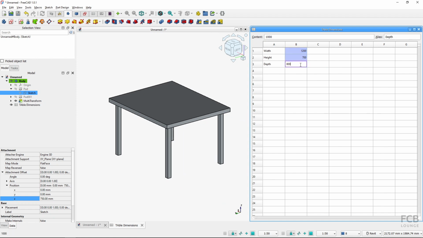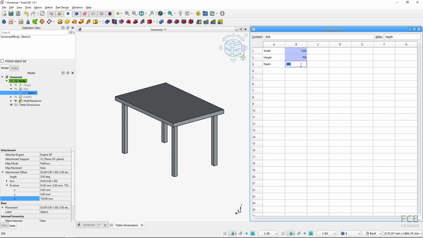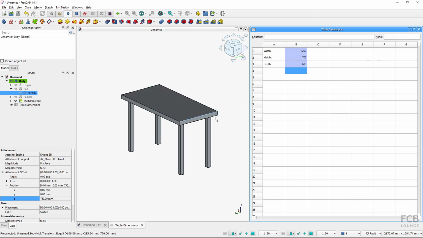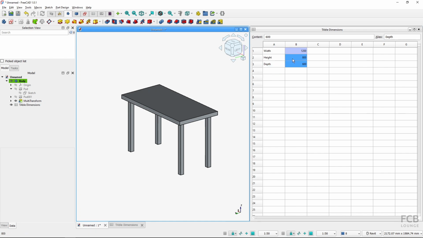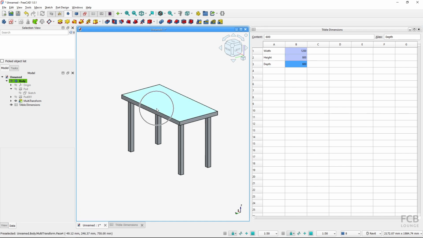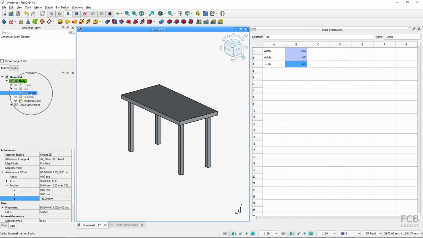If I change the depth, it also changes according to how I change the parameters. The height is not associated. If I change the height, nothing happens. So we want to connect also the height to the table geometry, and this is how high the sketch is above the floor. So I will again select the sketch object, the one that is the base of the tabletop, and here in the